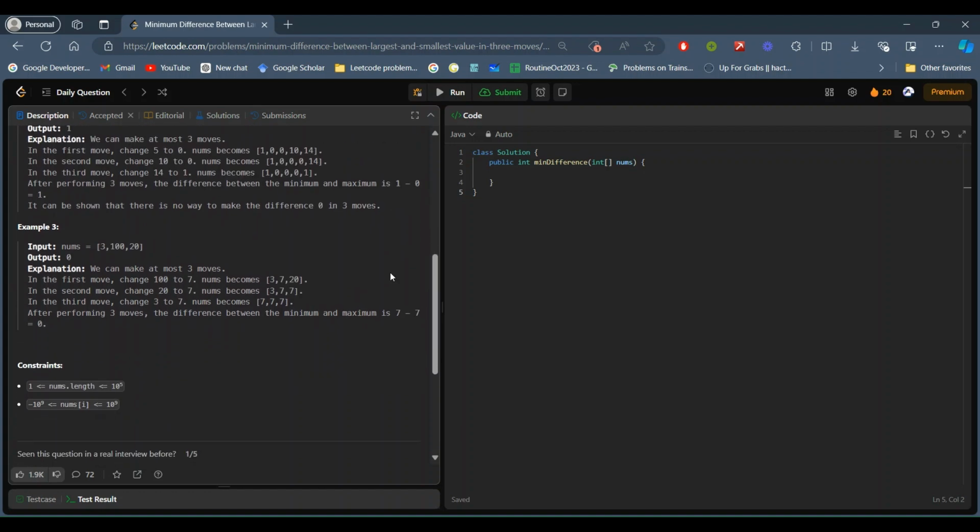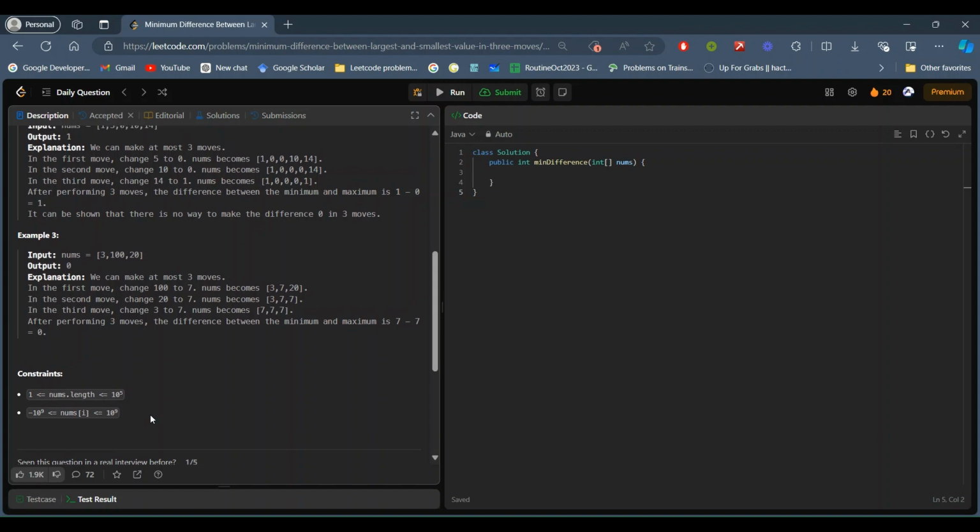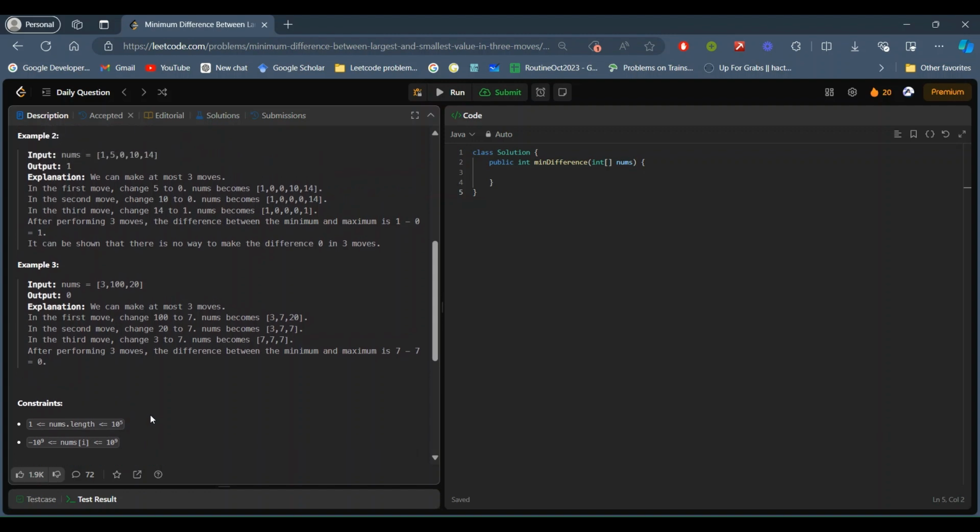So before going to the coding part, let's analyze the constraints. Here, the length of nums varies from 1 to 10 to the power 5, and its values inside the nums change from minus 10 to the power 9 to 10 to the power 9. So, here we have to do it in time complexity of less than big O of n squared.